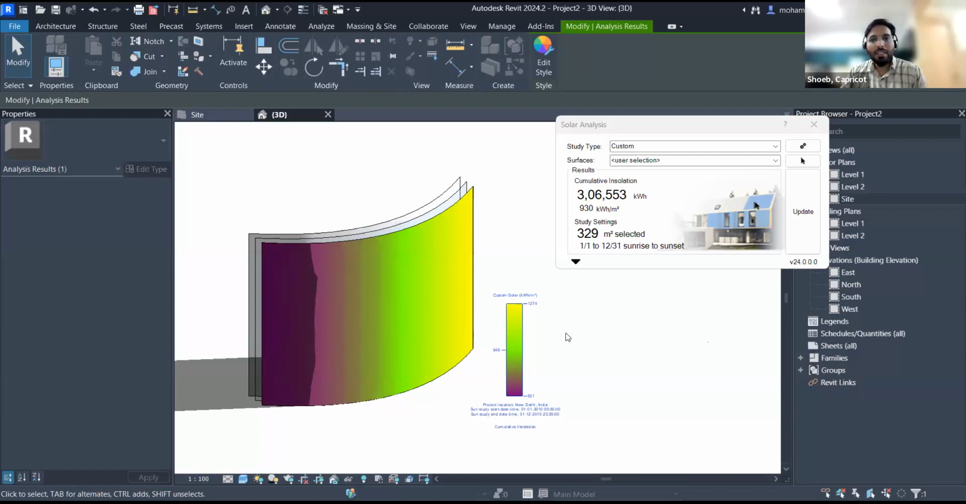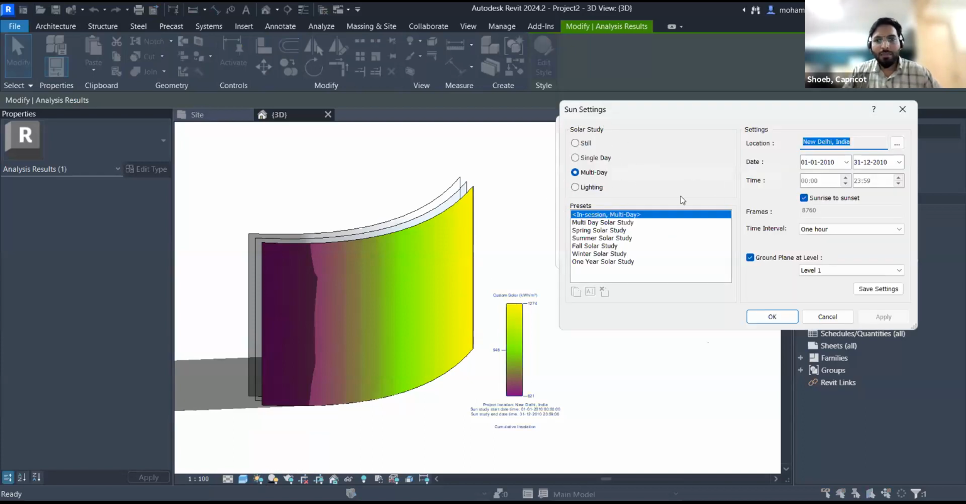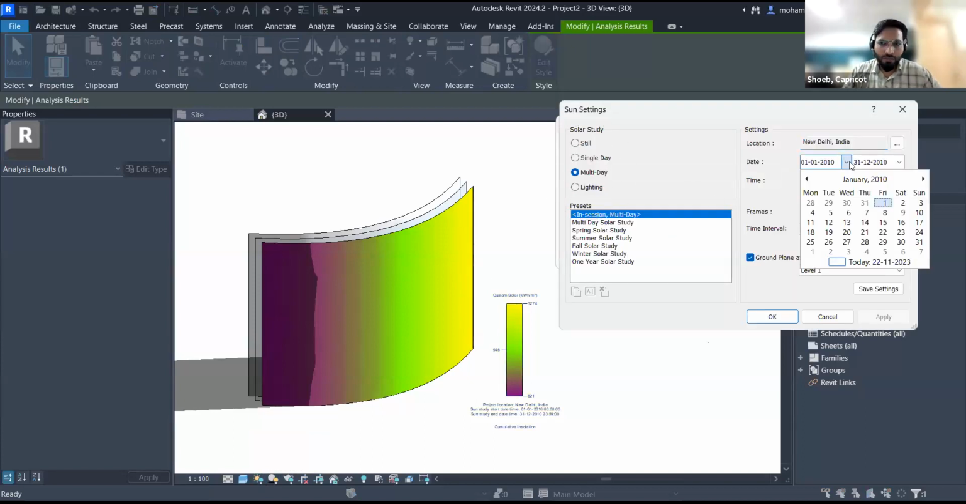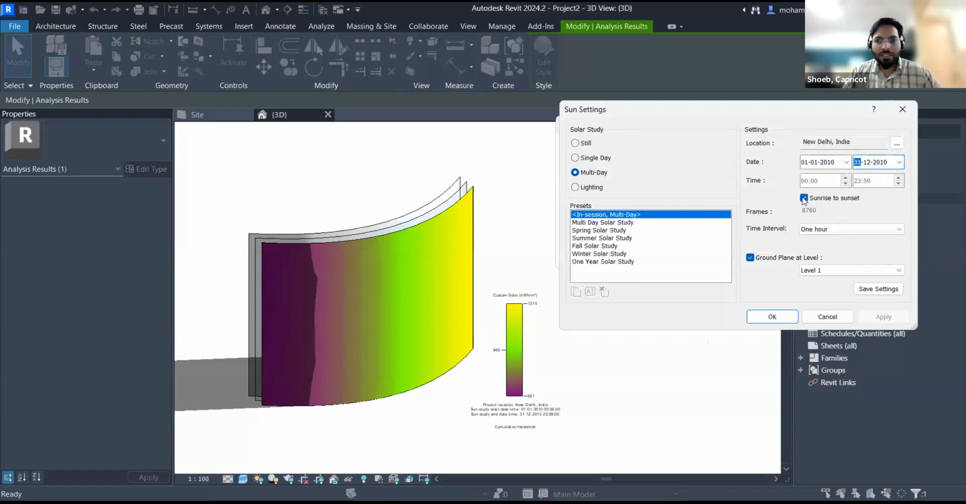where to implement panels accordingly. This solar study I ran for the instantaneous time, but if I change my solar settings accordingly, we can also run it for multiple days. In multiple days, you can choose from one month to another month, or for the entire year, and you can set up a time also, from sunrise to sunset, or from some other time to some other time. So you can also identify the peak hours